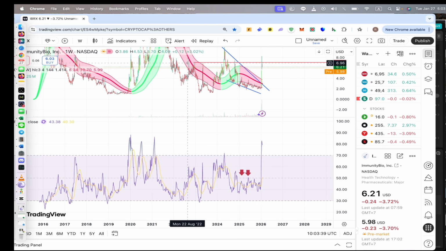And I drew this line right here because this is a technical level. This is like resistance, resistance, resistance, and then what I think or perceive to be resistance. I don't know. I'm just guessing. And a high RSI. So I'm looking for this RSI actually to come down. I'm looking for it to get support because I do think the technical analysis in the biotech industry is so hard